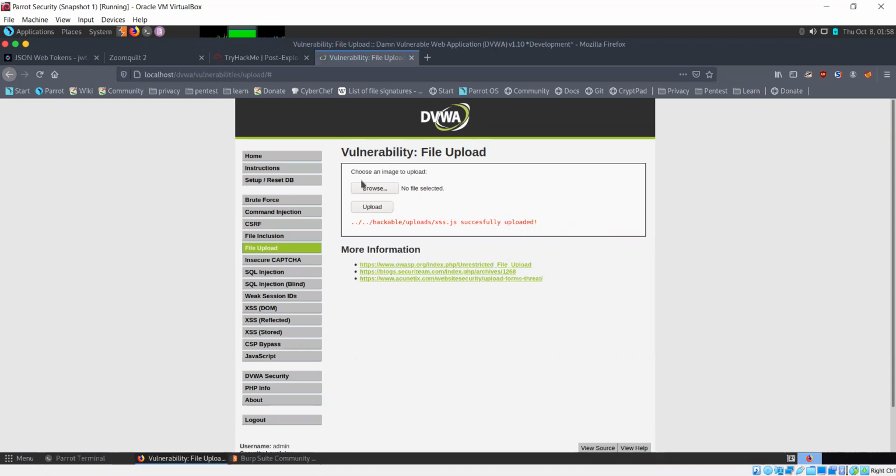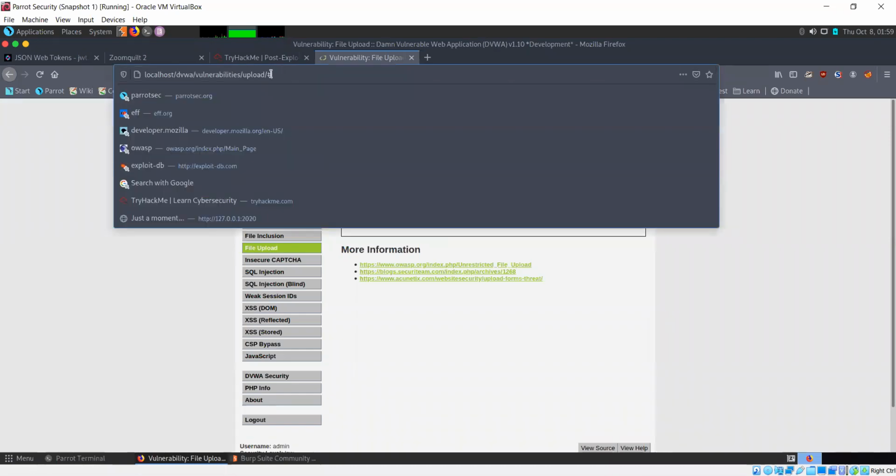It said that we should choose an image to upload, but we selected a JavaScript file and it happily uploaded that. And it's also telling us the path where that file was. So let's go there. Let's just copy this for now.